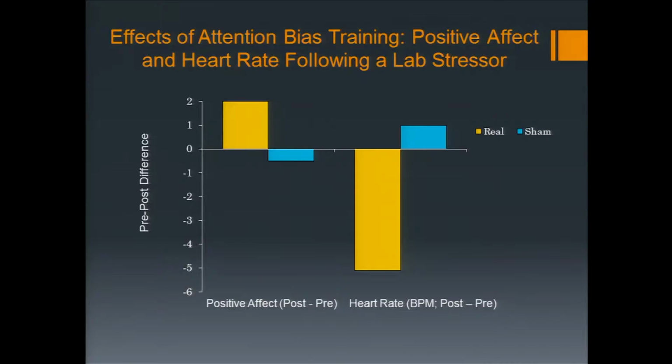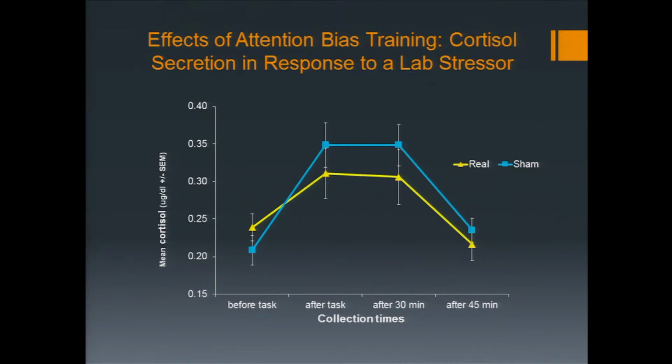What's interesting is that 2 weeks before and 2 weeks after the training, we put them through a lab stressor. And what you find is that the training, compared to the sham training, is resulting in an increase in positive affect and a decrease of almost 6 beats a minute to a lab stressor. So we're reducing stress reactivity in these girls, and what's even cooler, it just gets cooler, is we measure cortisol